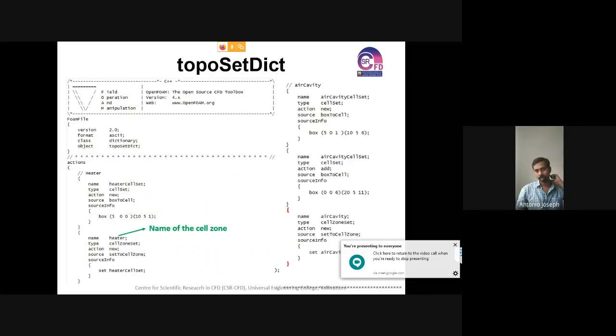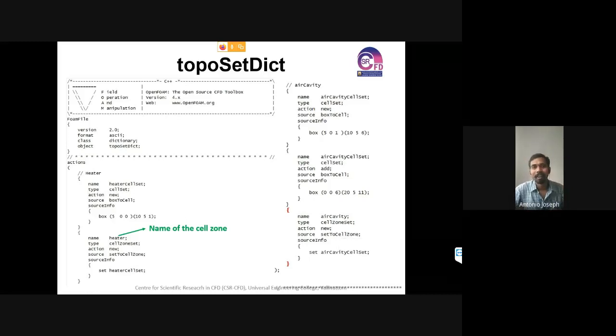Now, suppose inside the box there occur some elements, partially inside the box and partially outside the box. What happens? I have divided the block mesh into different cells, and now I am saying there's an imaginary box, and all those cells that come in it should be grouped as heater.